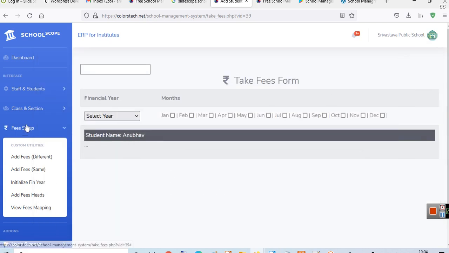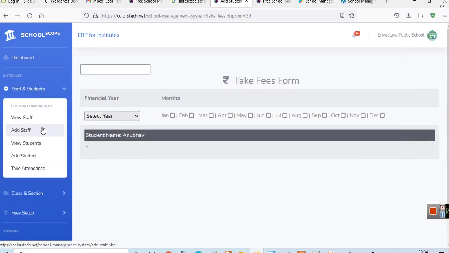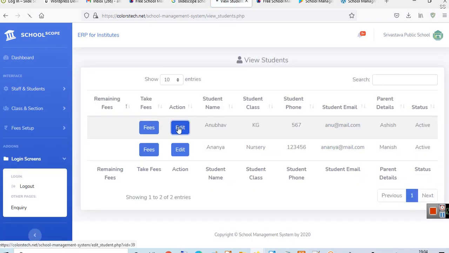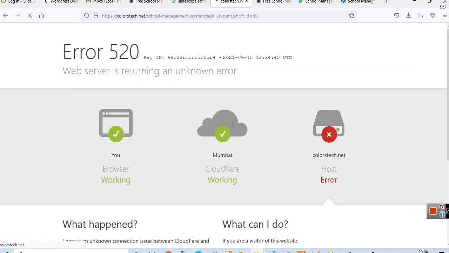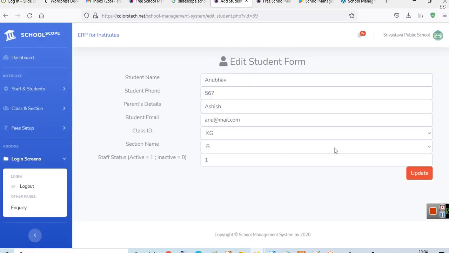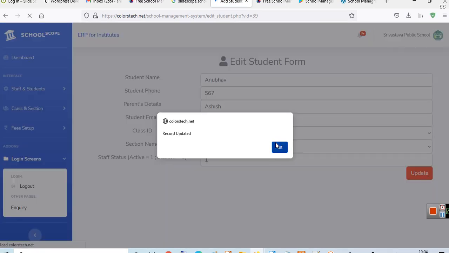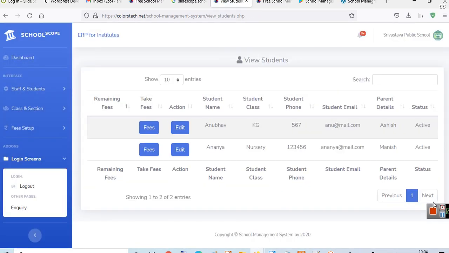Suppose you want to change the section of any student or some details of any student, so you can go and edit. Let's say we want to shift this student back to section A, so you can update this. You can see the record has been updated.